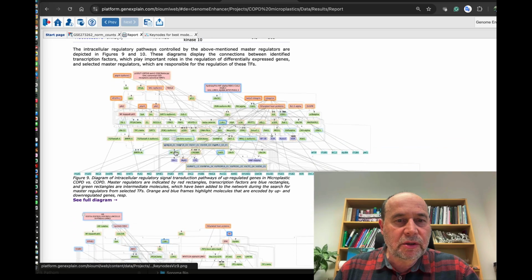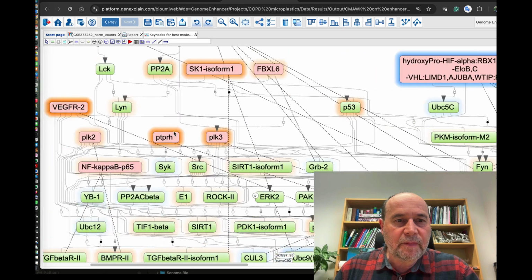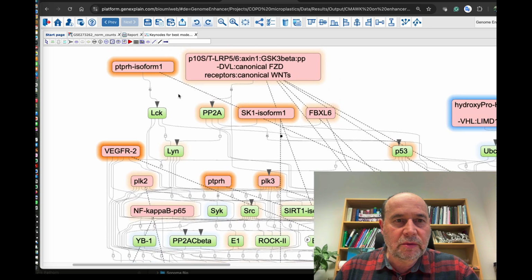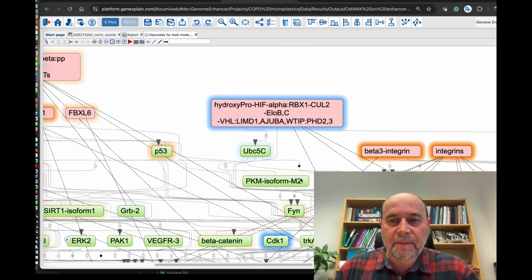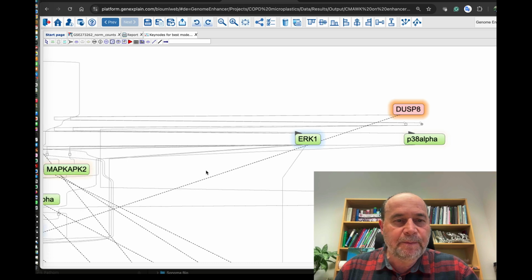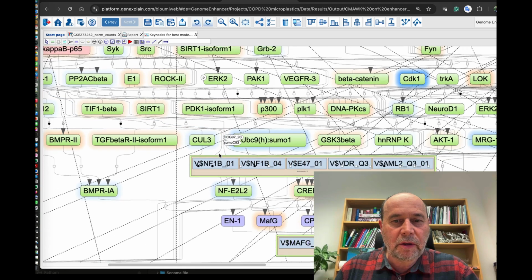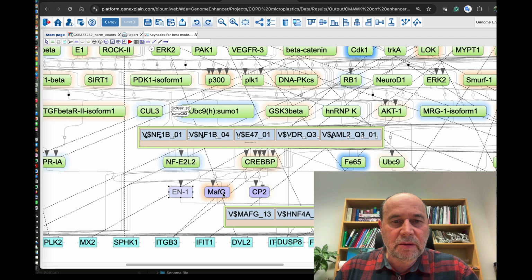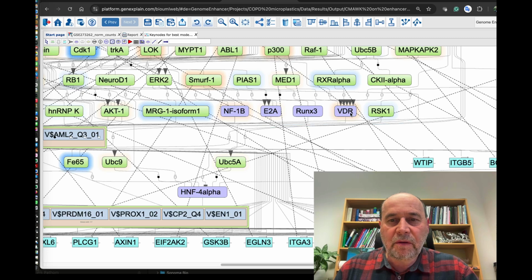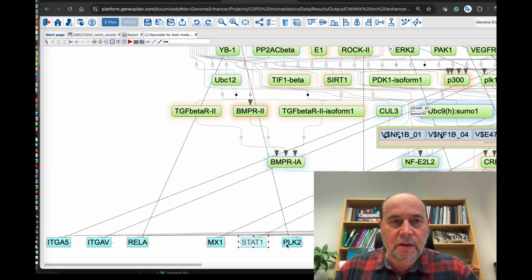You can see the network diagram of how these master regulators, and also other master regulators, the pink molecules, among them integrins, for instance, and here you see DUSP8, are controlling through intermediate molecules, through the signal transduction network, the activity of these transcription factors like HNF4, NF1, RUNX, VDR, which in turn regulate the activity of those genes which I showed here at the bottom.